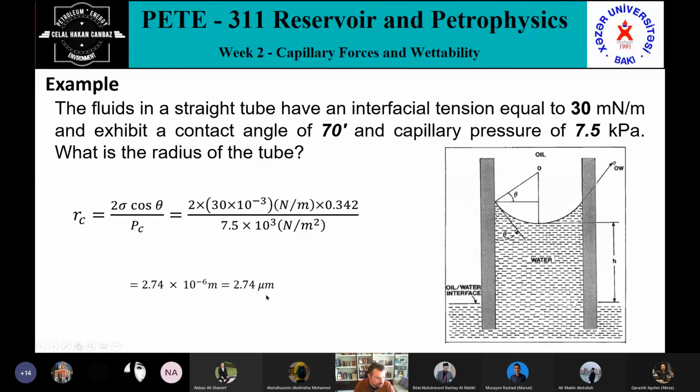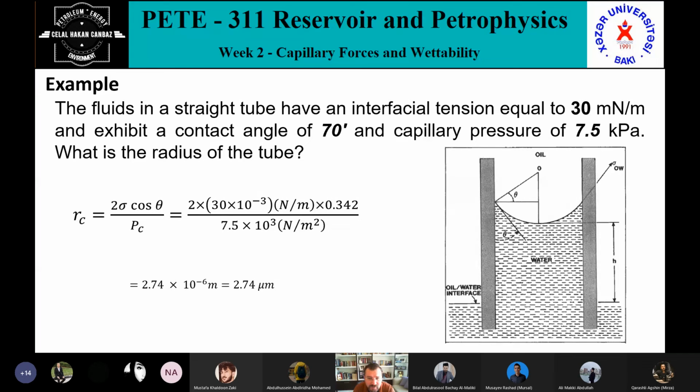Sorry, sir, I'm Mustafa Khaldun. Just I have a question. Every time we have kilopascal and want to change it to Newton per meter squared, do we just multiply by 10 to the power of 3? Yes. If you want, I actually have a PDF file regarding the conversions. I will give you the conversions as well, so it will be easier for you. But it will be like this.